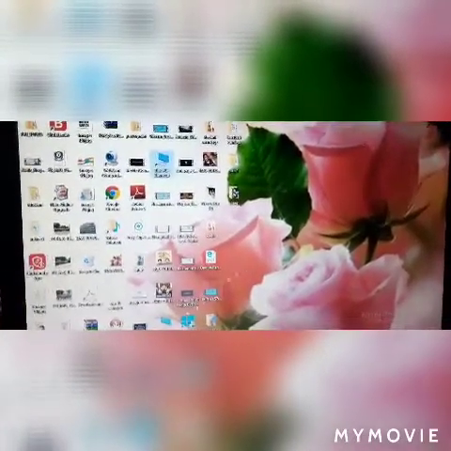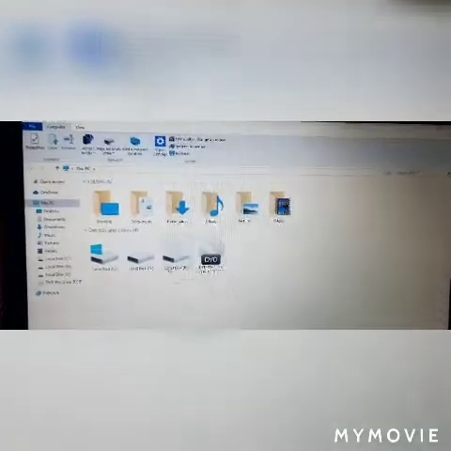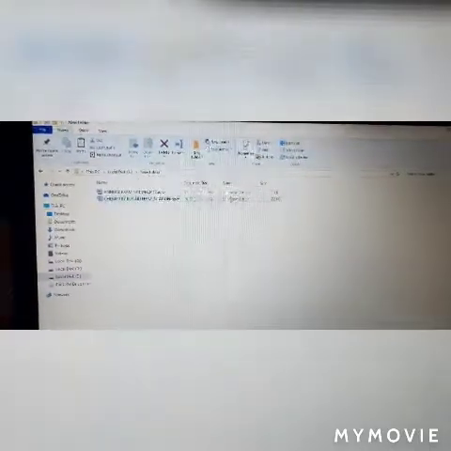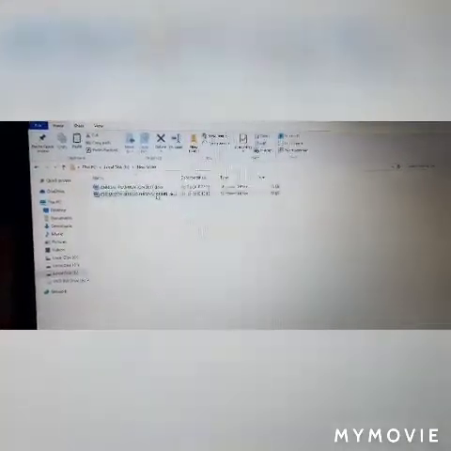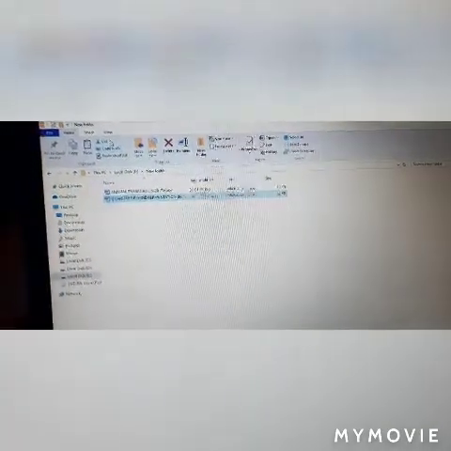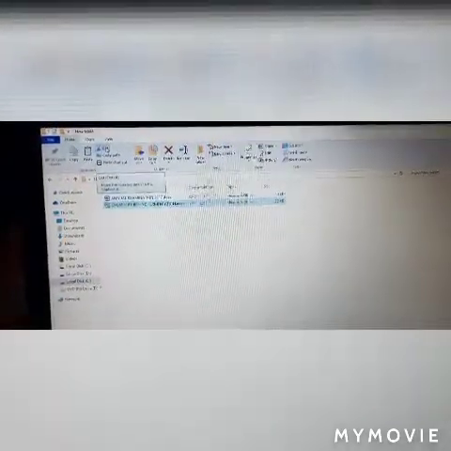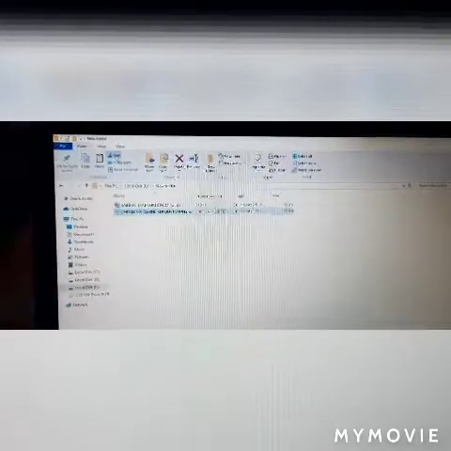To move a file or folder, again we have to move to This PC. Now select the icon and double tap on it to open it. Now again we will go to Local Disk E. Select that. Go to the New Folder. Next, I have created a document, that is Chemistry Behind Fermentation. Now what you will do, first select that one. After that just see, here is a Cut option. Children, to move a file we have to use the Cut option. Now click on the Cut option that is present in the Home tab. Now you could see that the file has been cut.